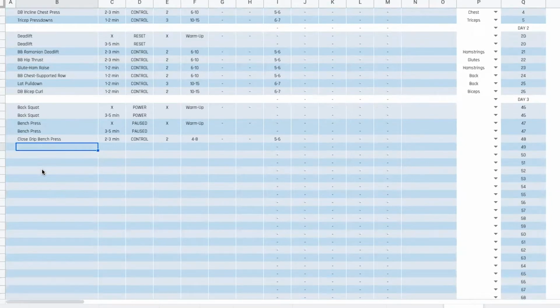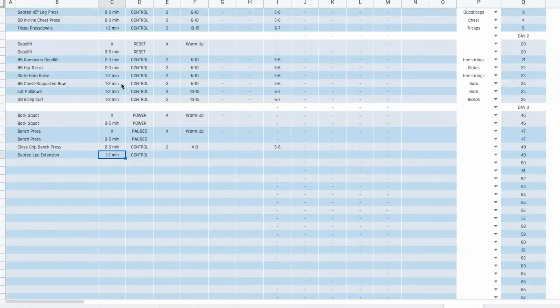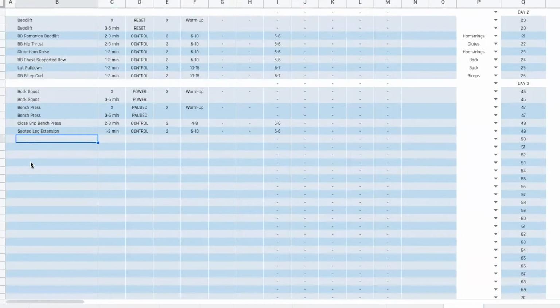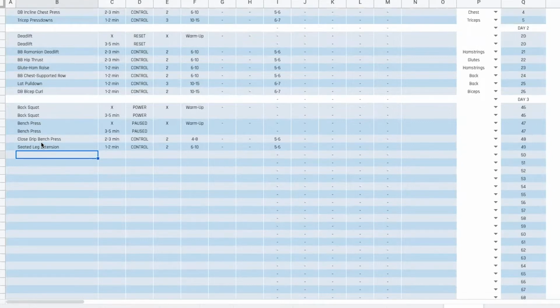And then we'll do some seated leg extensions for a little bit of extra quad work. But we don't want to be too sore for the final day, so we'll keep reps, we're not going to do 10 to 15 reps or anything like that. And we'll keep the volume on the lower end of things. And then maybe we'll do some more back. So let's hit a